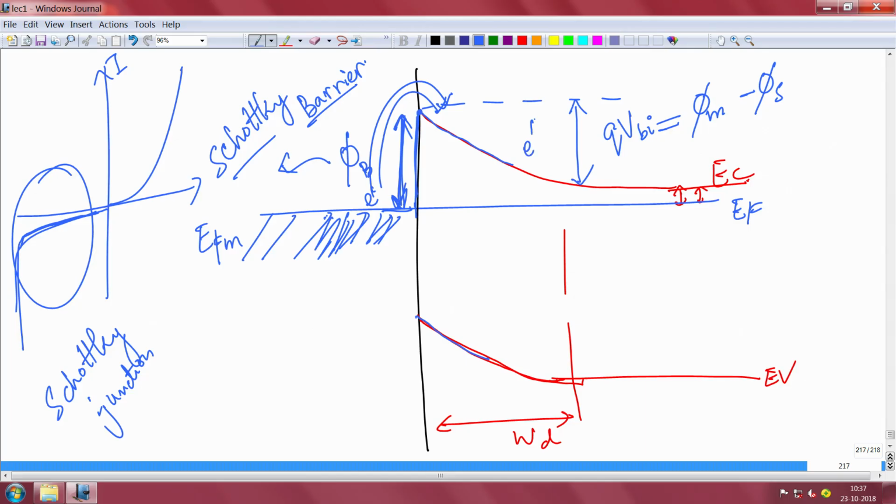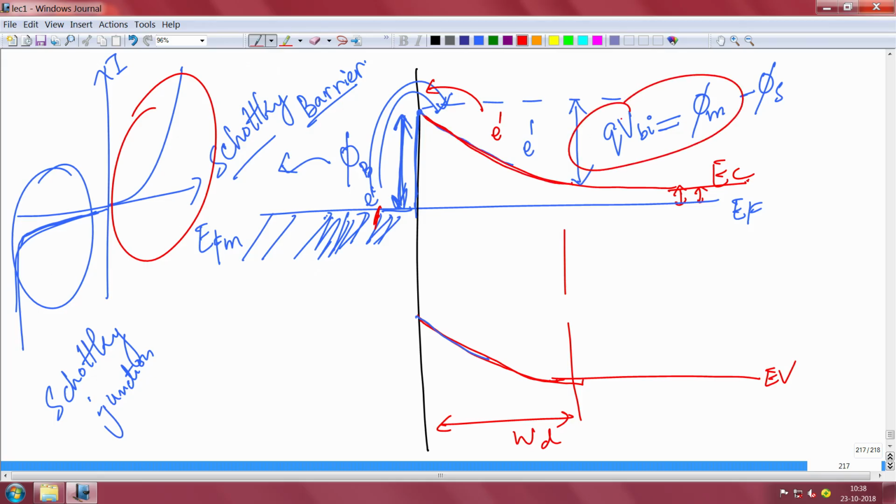Similarly, when you positive bias the junction, we are talking about this area, then electrons will try to come from here to there, and this depletion width also reduces, and the built-in voltage also reduces by q(V_bi minus V_A), whatever voltage you are applying. That will reduce the barrier just like in a PN junction. So, if this was the original barrier, then at the application of qV_A, your barrier will reduce like this.